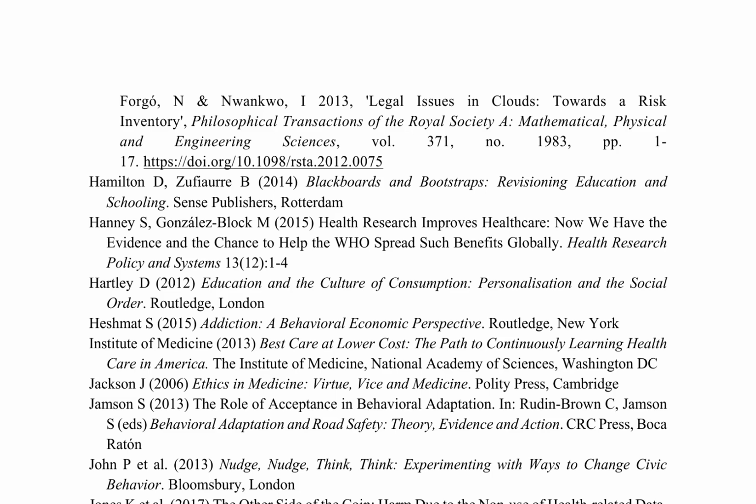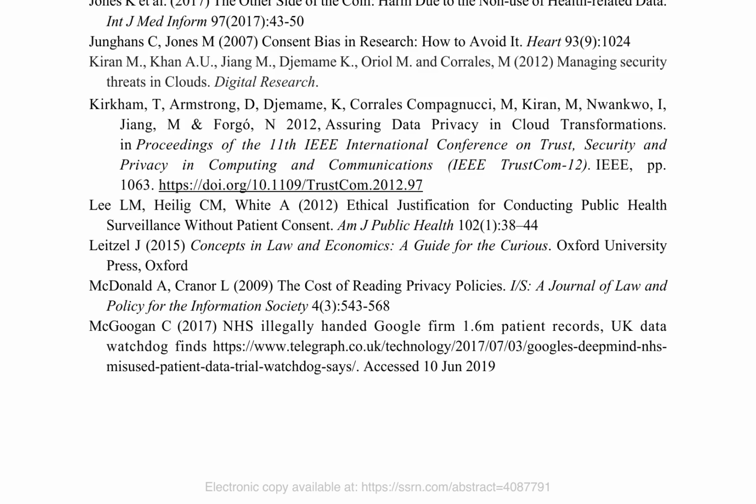In addition, the authors explore the concept of nudging in the context of health policy, drawing on insights from behavioral economics. They discuss how nudges can be used to influence people's behavior in predictable ways without limiting their freedom of choice, and highlight the potential benefits of using this approach in health policy. Furthermore, the paper examines the role of intermediaries in improving cloud architectures, particularly in the context of health data. The authors argue that intermediaries can play a crucial role in facilitating the secure and compliant processing of health data